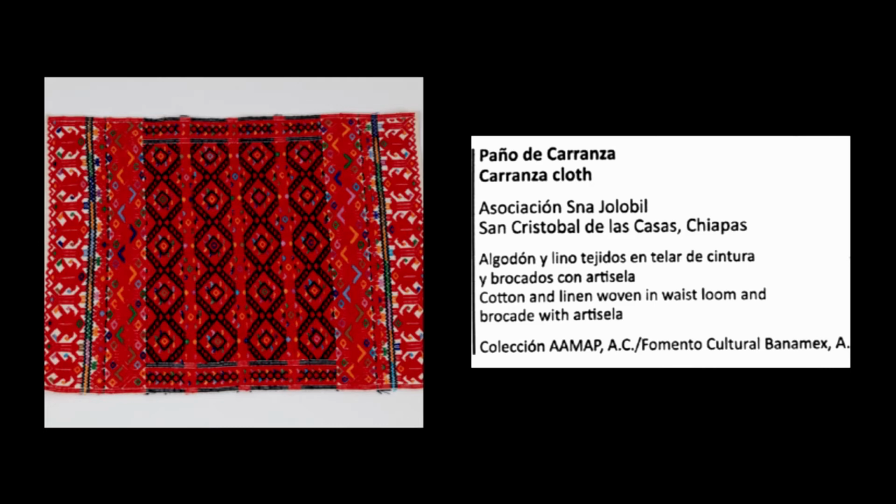The labels for these museums are like the case represented in Figure 2 in the arrangement of their works information. This example was photographed at the Museo de Arte Popular de la Ciudad de México. As can be seen in the figure, information related to the type of object is presented, such as paño de Carranza, Carranza cloth, the agent or institution producer of such work, Asociación S.N.A. Jolovil, the work's place of origin, San Cristóbal de las Casas, Chiapas,